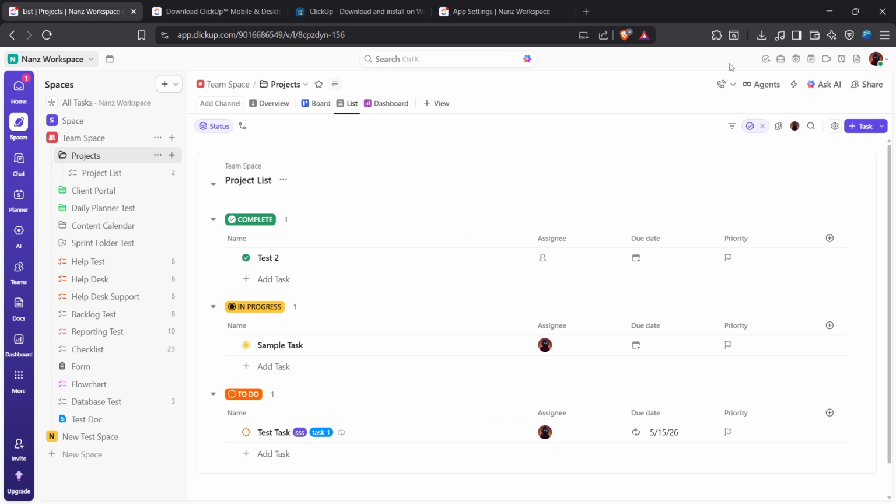First, head to the official ClickUp website. In your browser's address bar, type clickup.com and press enter. This takes you to ClickUp's homepage. If you're not already signed in, go ahead and log in so you can access the in-app menu we'll use